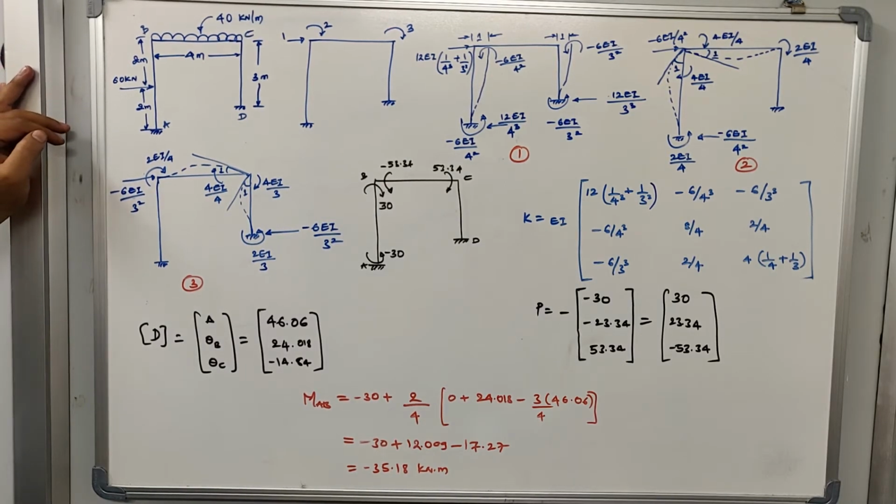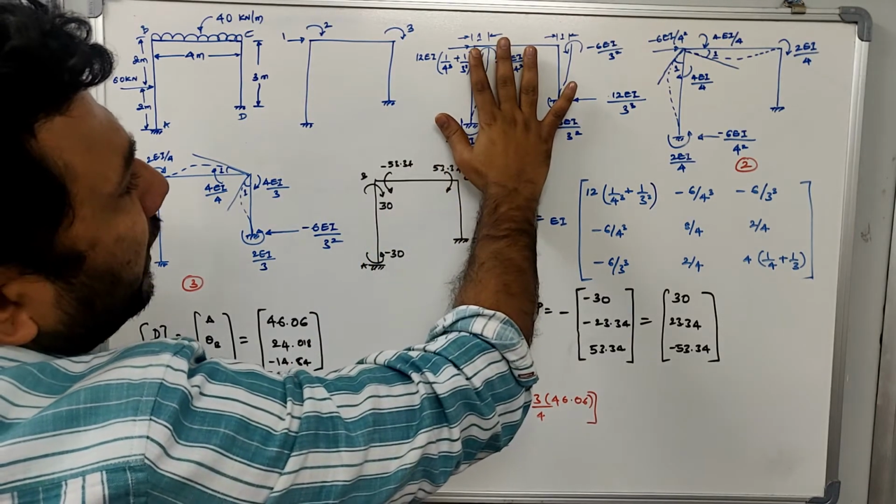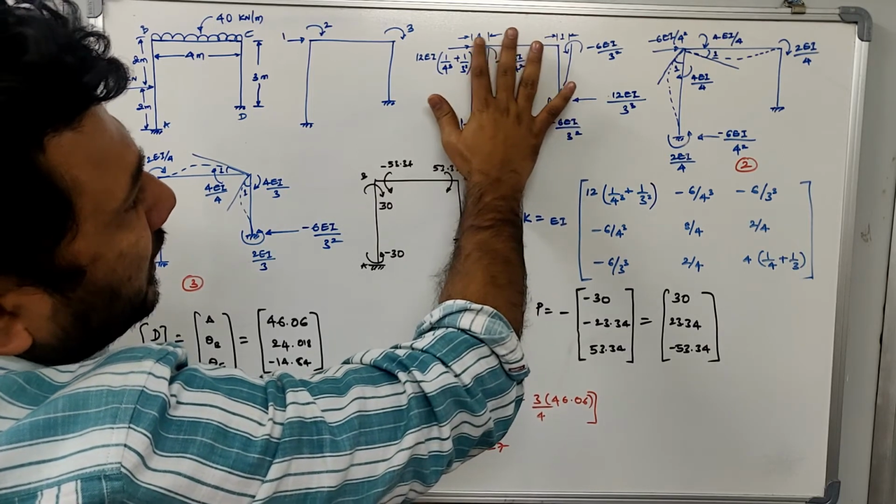What we will do first is apply the unit displacement. In the previous video I often used the term unit force. I'm sorry, I would like to apologize for that. It's actually the unit displacement. So we make this frame displace by a unit value. It may be 1 mm, 1 centimeter or whatever.